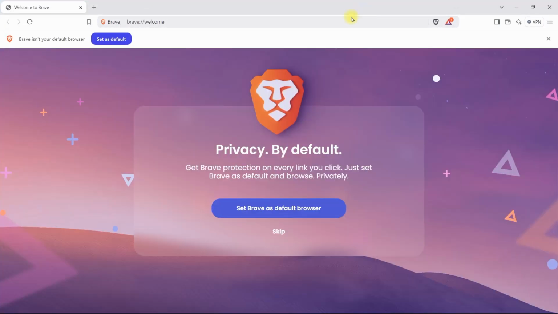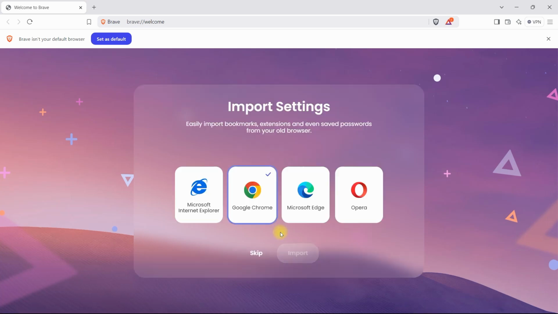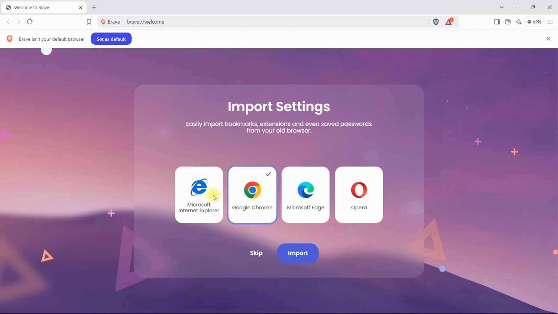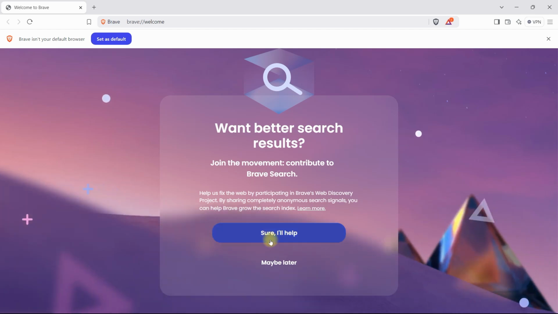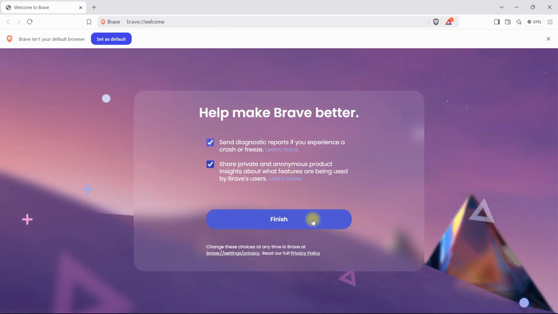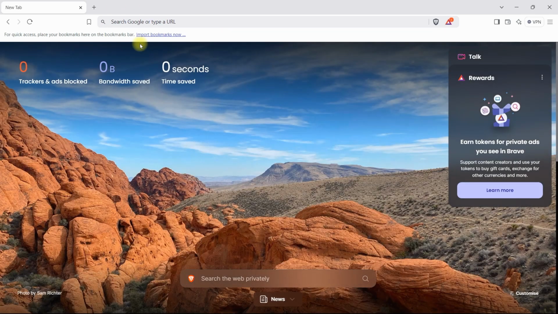Make sure that you have a steady connection first of all. Then you can use any browser. You can use Microsoft Edge, you can use Opera Mini, you can use any browser of your choice. Okay, so for me, I like using Brave browser. So I'm going to use Brave browser.